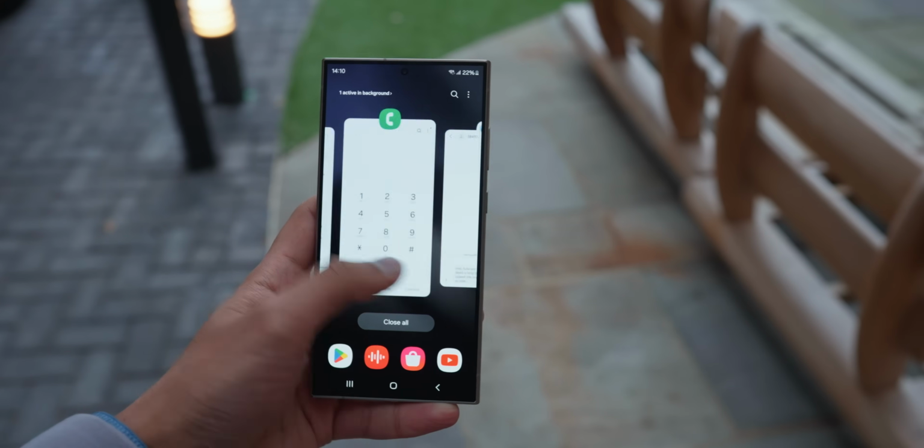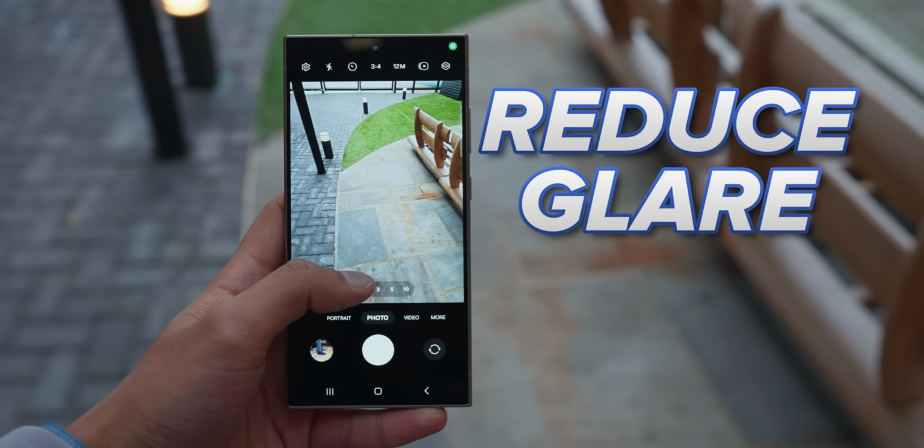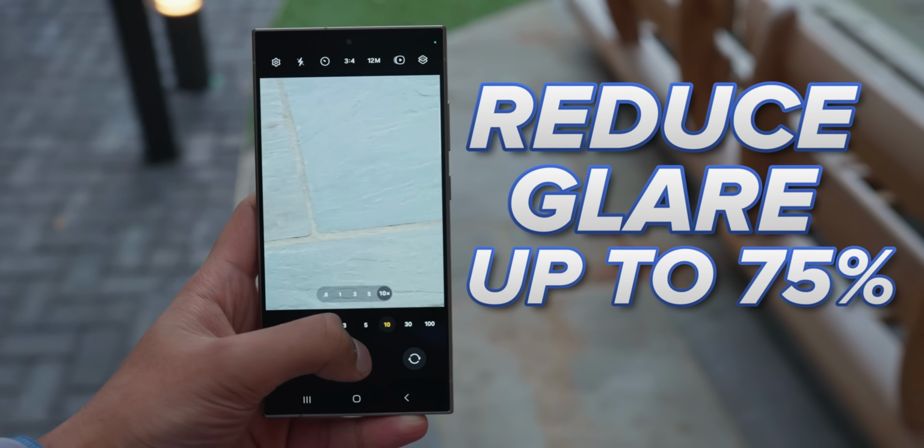The other interesting aspect of this Gorilla Glass Armor, though, is that it should also be able to reduce screen glare by up to 75%. I'm always surprised how this company manages to seemingly remake glass every year and give it new features. But hey, I'm not complaining. The S24 Ultra's display does look absolutely drop-dead gorgeous. So these are good spec bumps to what was already very much not broken, and I haven't even talked about